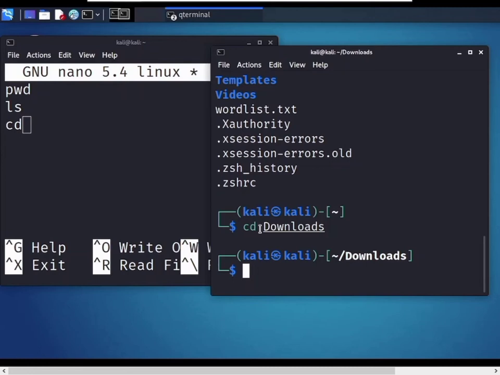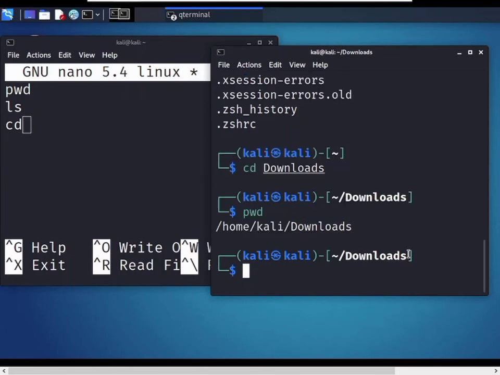But there is a problem with this command. So now I am going to show you. Now I have moved to the Downloads directory. So now you should type the command pwd. You see home Kali and Downloads. So now you are in the Downloads directory.